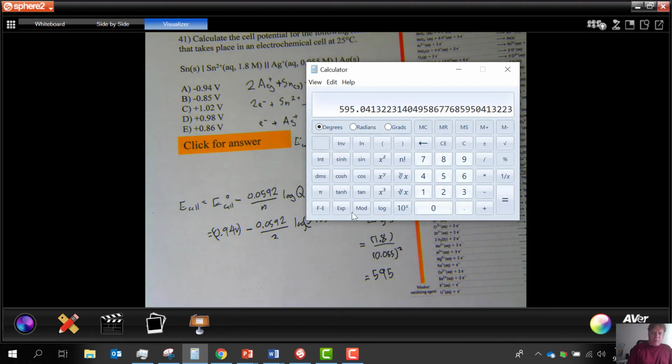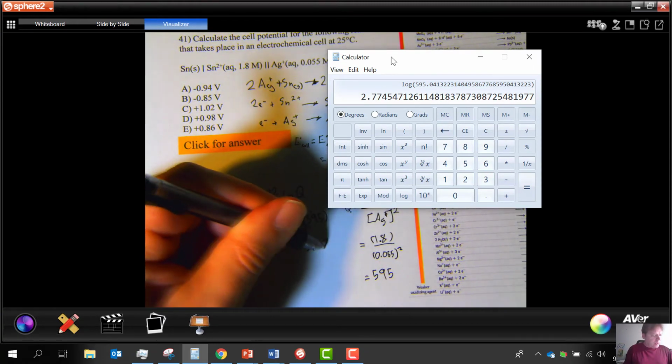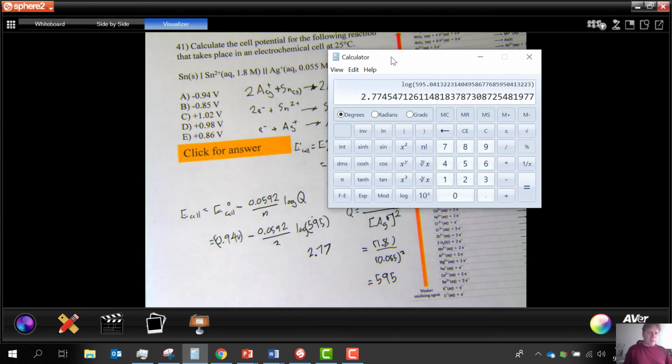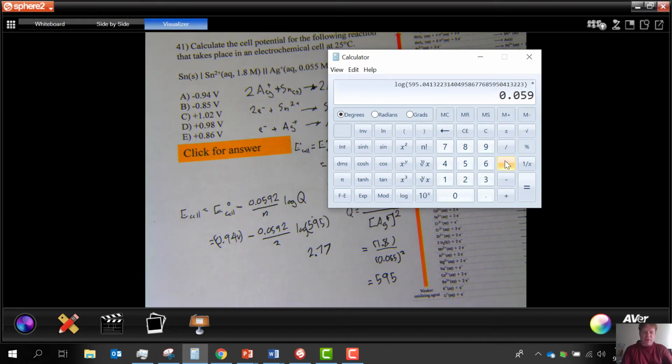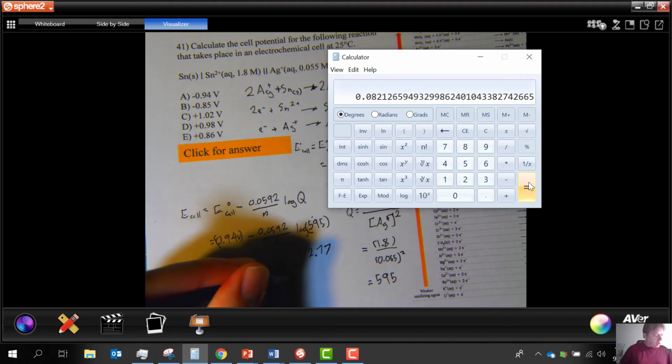So I'm going to do the log. So this is the base 10 log with the Nernst equation. And I'm looking for that on, here it is on my calculator. Okay, so we get 2.77. I'm going to write that down here. Just in case something goes wrong, it's good to write down the math steps when we have this part of the equation where we have a bunch of stuff log something, and then we multiply that by that constant 0.592, and then we divide by 2, and then we get for all of this part